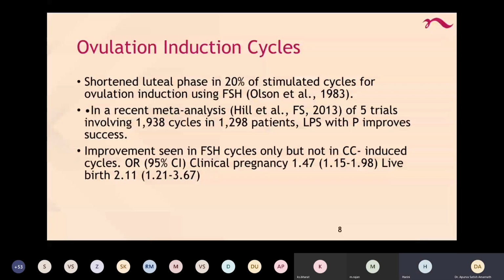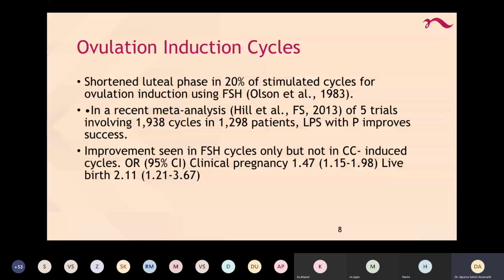Okay, but these are oil-based injections, no? Very painful, don't you think? Yes, ma'am. So it is better to go for a vaginal, right? Yes, ma'am, preferably. Thank you, Apurva. Yes, ma'am. I'll be taking questions at the end of the session. A lot of your doubts might be cleared at this phase itself.